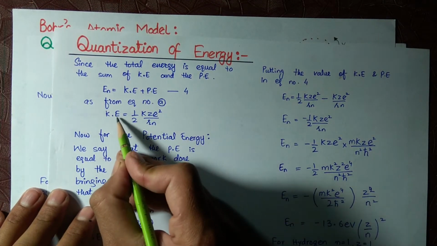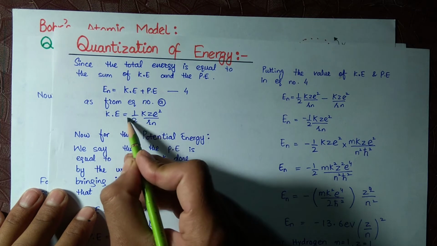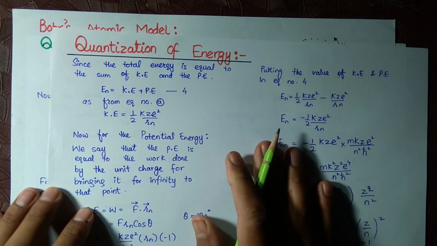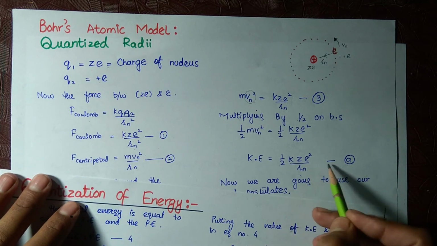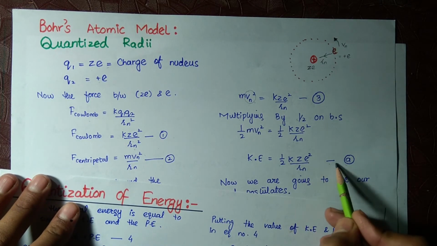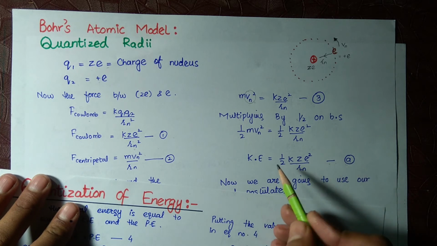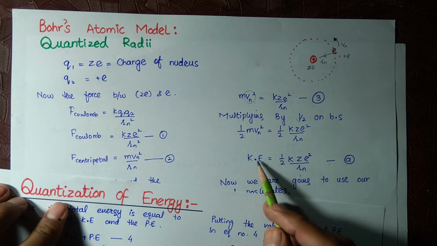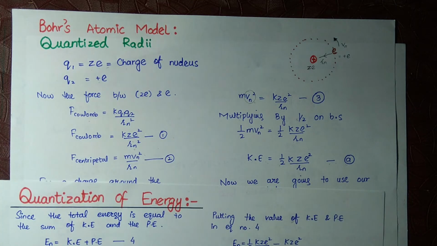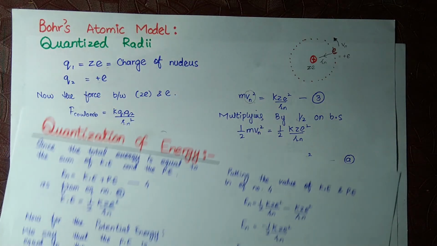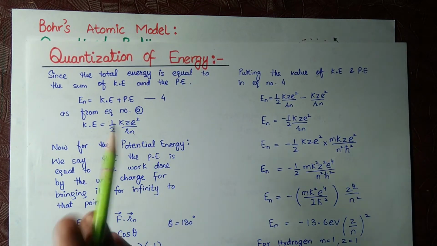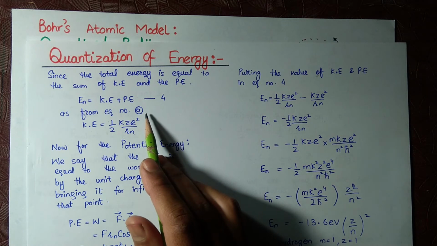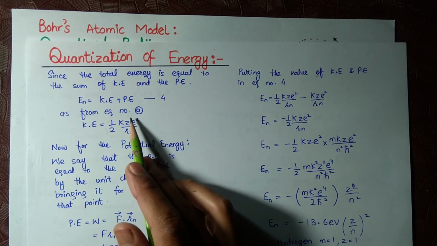Now in the kinetic energy, we said that the kinetic energy is equal to half of k z e square over r, and this is equation number 1 from the previous lecture. I told you that I'm going to use that in the quantization of energy, so keep that in mind. For how this equation is formed, you have to go to my previous lecture on Bohr's atomic model. Putting this equation from the previous lecture, which I have described,